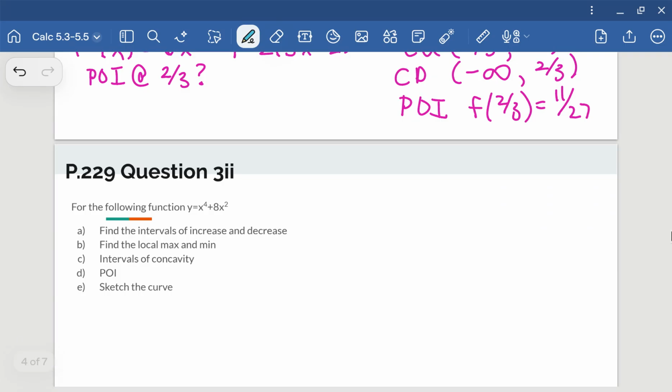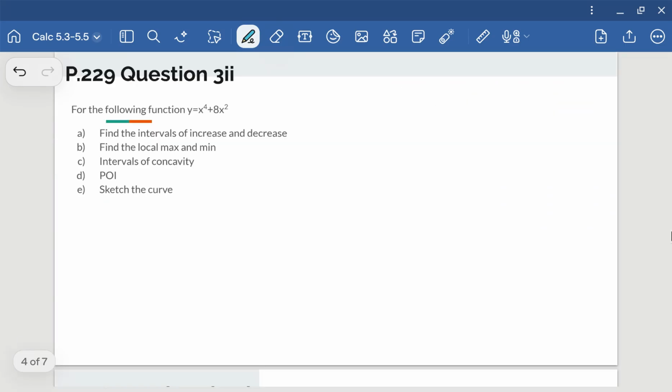Okay, so with this next part now, we're essentially putting everything together. This is coming from your textbook, page 229, question 3, and it's part 2 of it. For the following function, we are now putting essentially everything together when it comes to sketching. So we're going to figure out where we're increasing and decreasing, so your slope, your max and min. When we're looking at our tests, you want to find intervals of concavity. So looking at that second derivative, point of inflection, we'll get that from the second derivative,